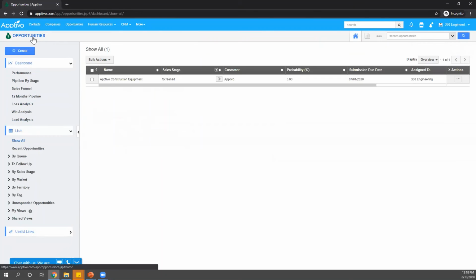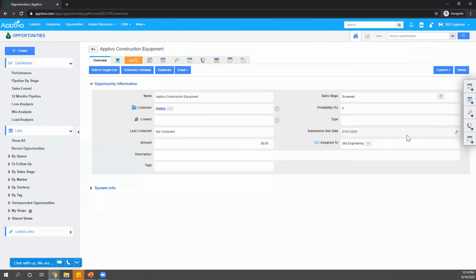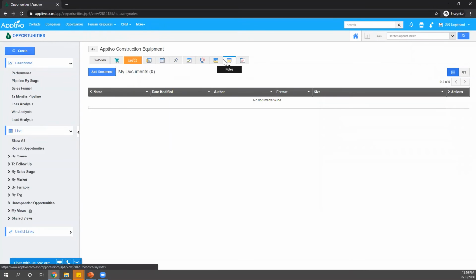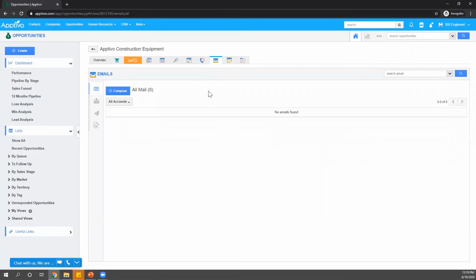Another thing that is very important to think about are these collaboration tabs on the top. A lot of these are useful. You can attach documents, add notes, track emails, call logs, tasks, follow-up reminders, calendar events. These are all potentially useful, but sometimes they just aren't necessary for your use case. So let's say, for example,